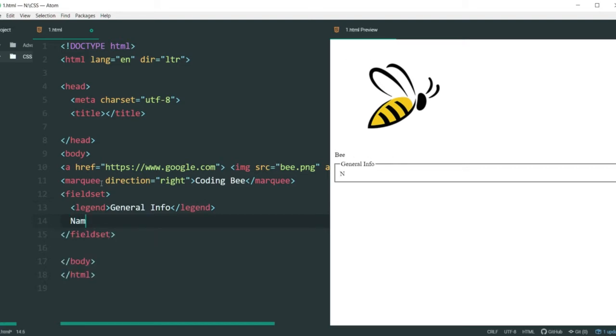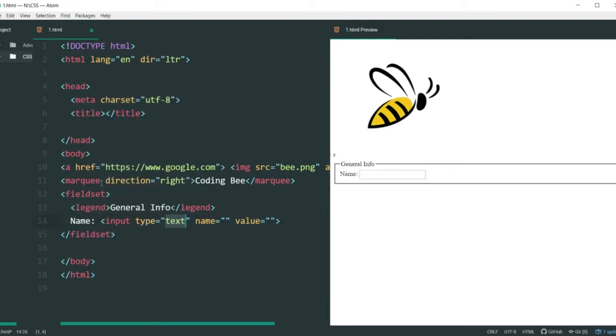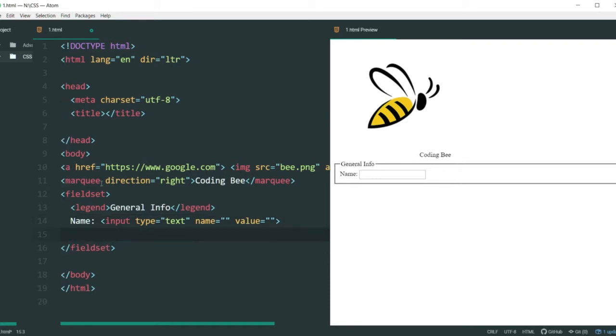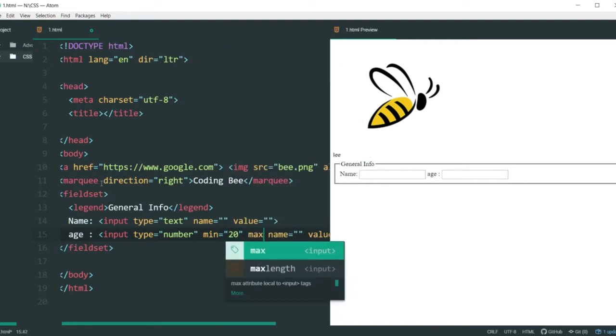Name: here I'm using input of type text. After that I'm inserting my age, input type number. Here I'm using min and max values. Min equal to 20, and max equal to